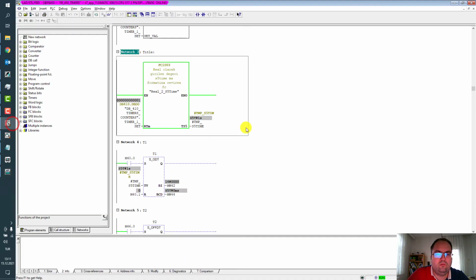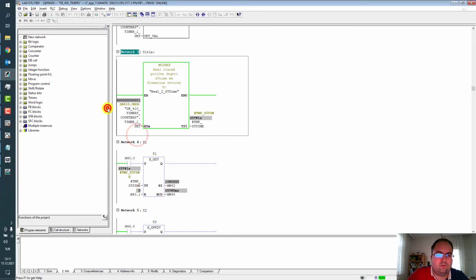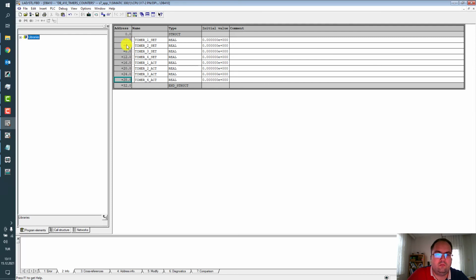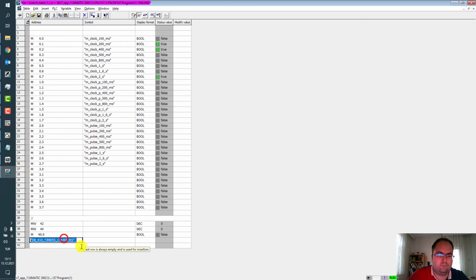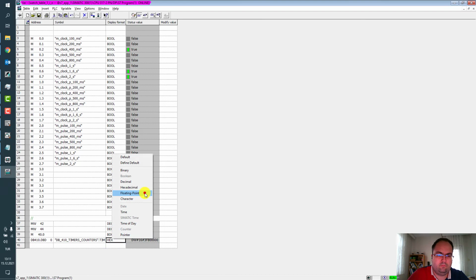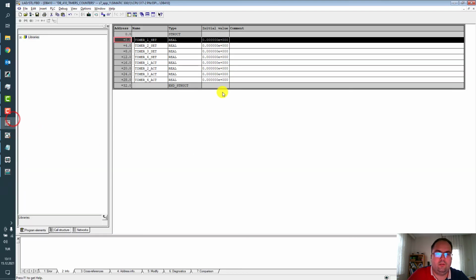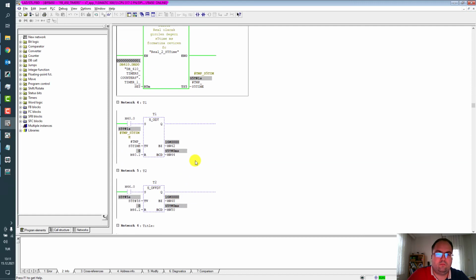That's why we will use this to insert the absolute address of the variable instead of selecting the symbol. Okay. Now, as you can see here, we converted the real variable to the S5 time format.